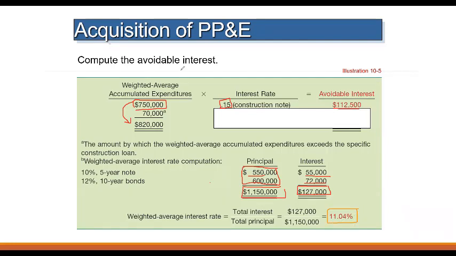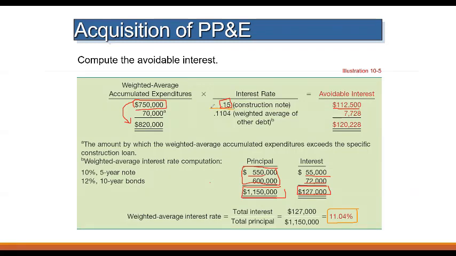Okay, so actually now I can go and finance the remaining 70,000 at 11.04%, which yields 7,728. The total avoidable became 120,228. The avoidable cost is 120. Okay, and